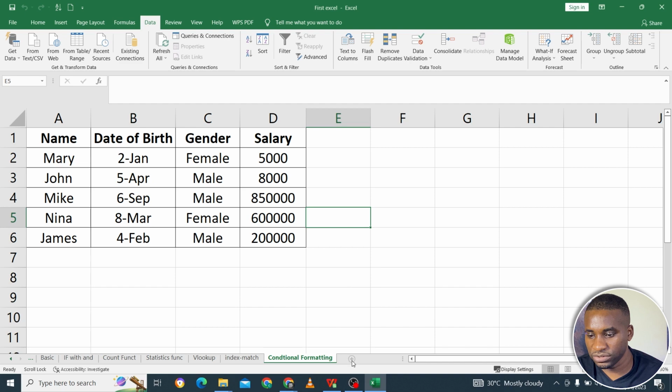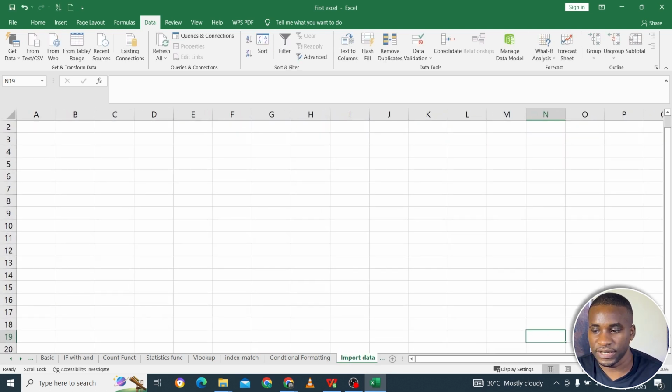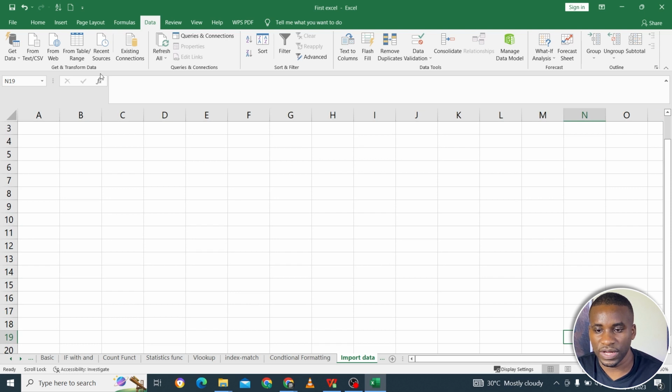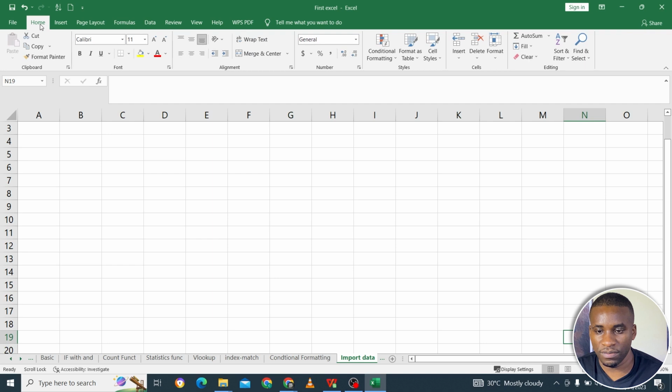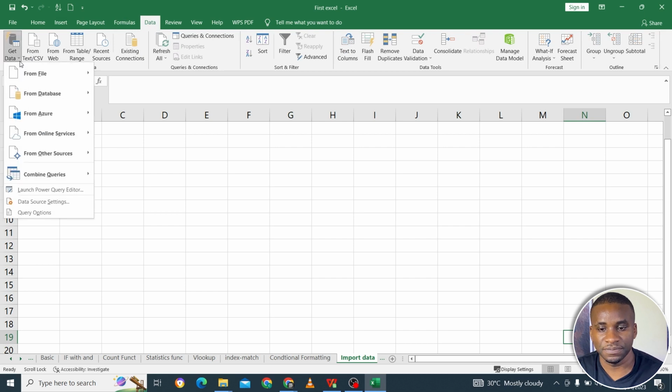Okay, so here I'll just create a sheet and let's call it import data. Then just resize it so you can see. If you go here to data, normally you'd be on something like home or file. If you go here to data, you would see that there is a Get Data option here on this ribbon,